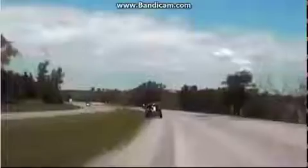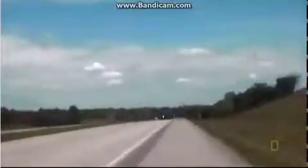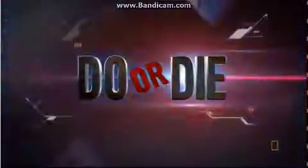Apply firm, steady pressure to the brakes. With the engine no longer powering the drive shaft, the vehicle's brake system can now slow the SUV, allowing you to bring this deadly ordeal to an end. Jam the car into neutral. That's what you do if you don't want to die. So life in the fast lane